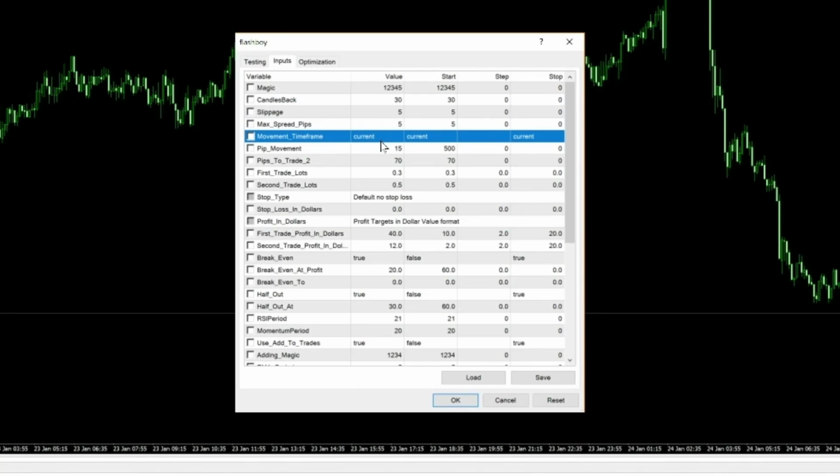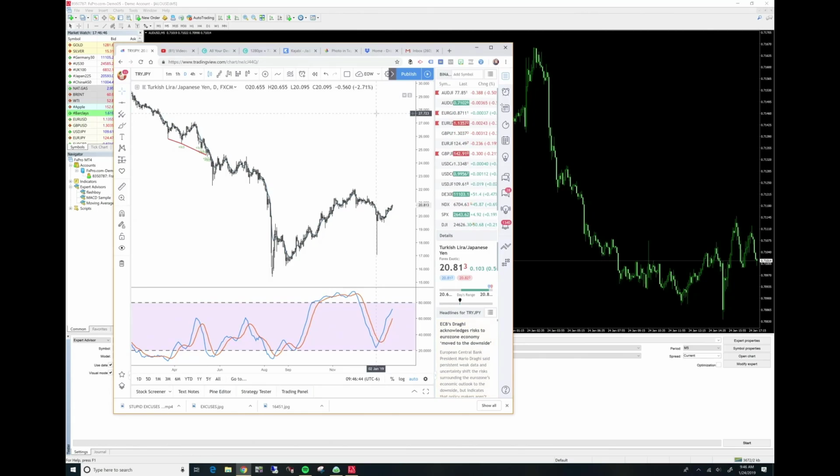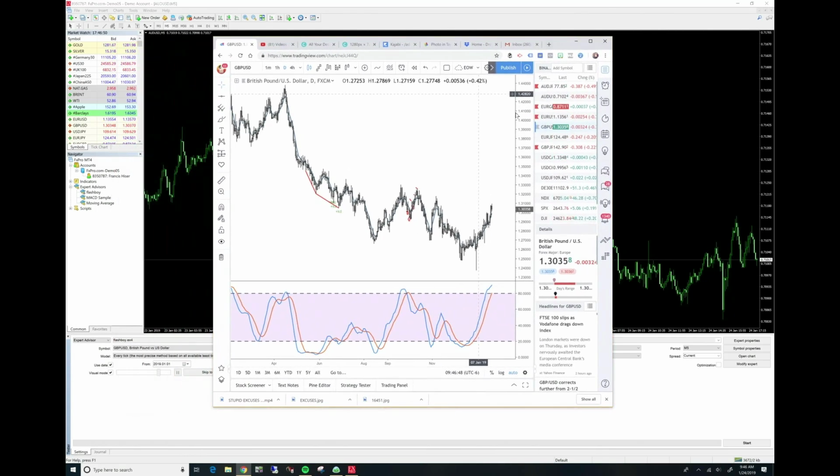We're going to look at a flash move on the current time frame chart. Because we're backtesting the 5-minute chart, that means we'll be looking for flash moves on the 5-minute chart. What I want to see is when a 5-minute chart produces a candle that is 15 pips or larger. If I move over here to the charts, just as a side note, and I look at the 5-minute British pound US dollar,